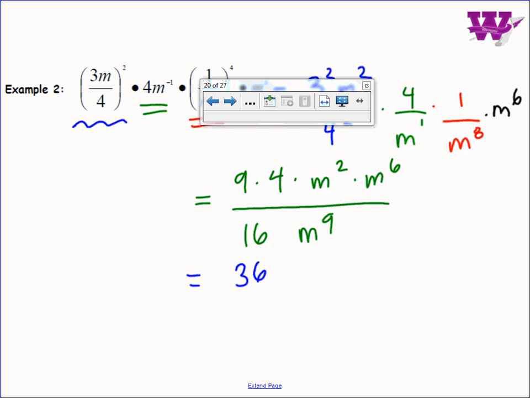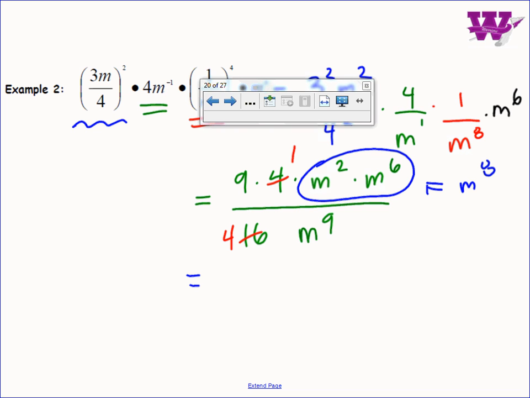How do you guys want to do this? I think I want to reduce the 4 over 16 as 1 over 4. So 9 over 4. And do I have more m's on top or on bottom? Well, that's 8 m's. So isn't that m to the 8th over m to the 9th? Do I have more m's on top or on bottom? Bottom by how many? 1. So my final answer is